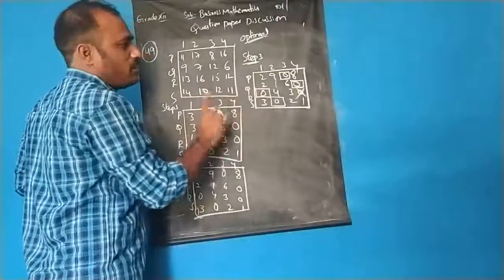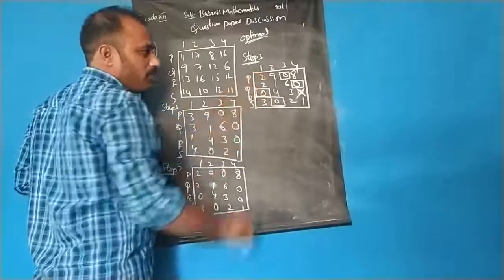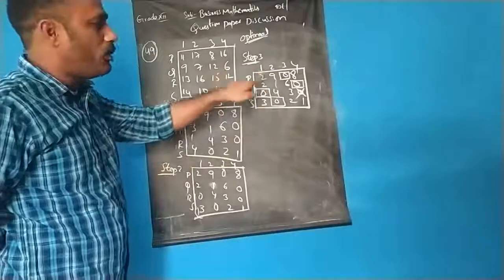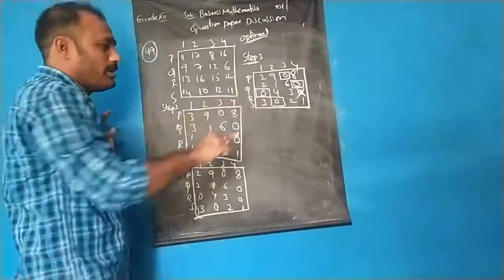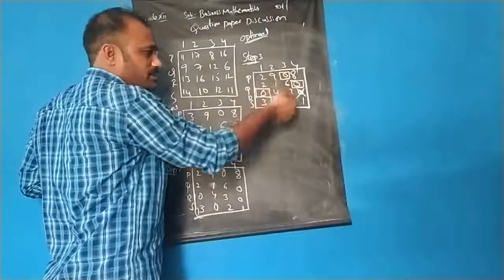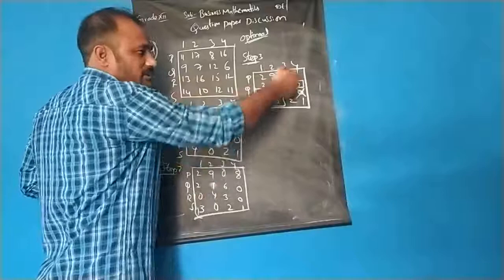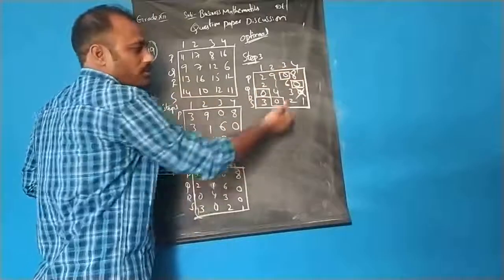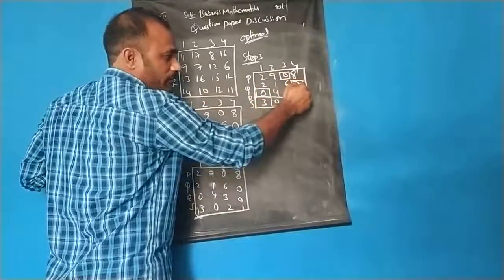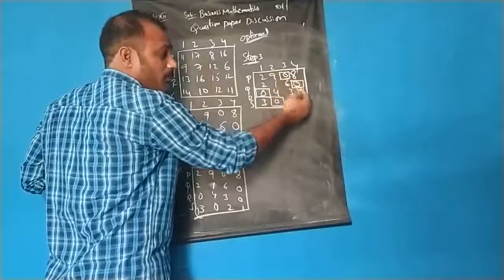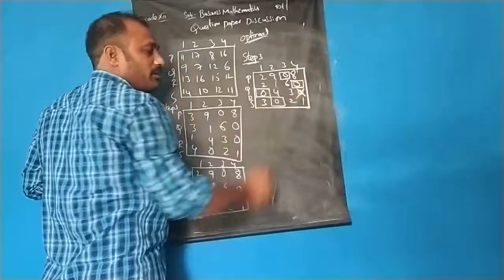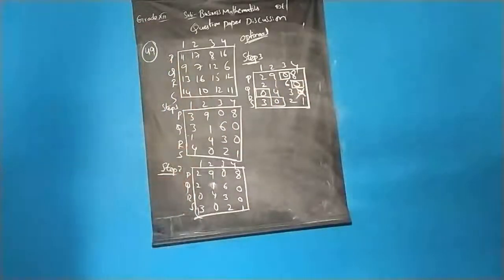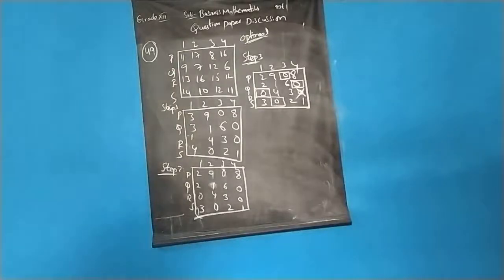The only thing we have to observe is that in our row or column only one 0 should be there. That one 0 we put in a box, and if extra zeros are there in the same row or same column, we cross them off. In a similar way here, while I am marking one 0, I got another 0, and for that I have done the cross off. So after performing the calculations over here,